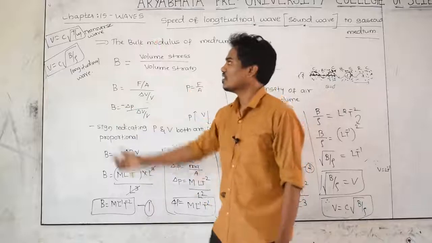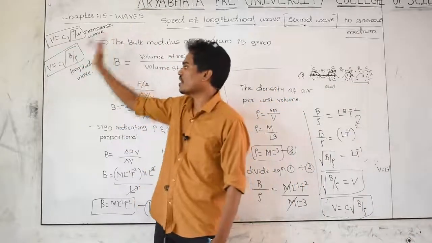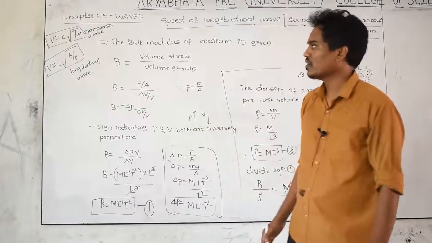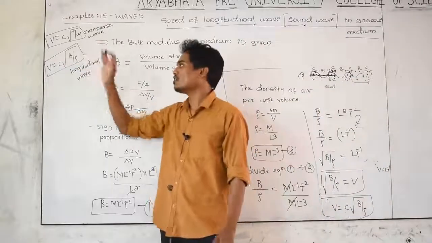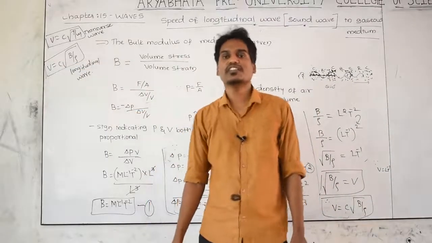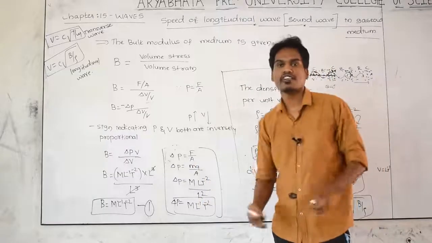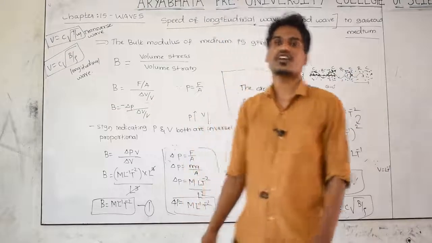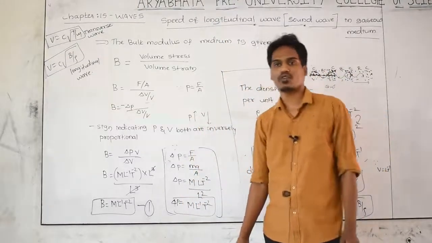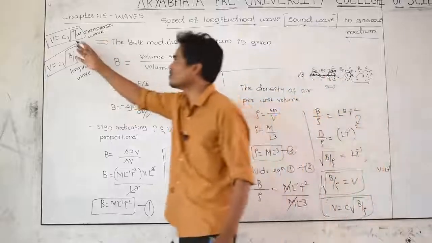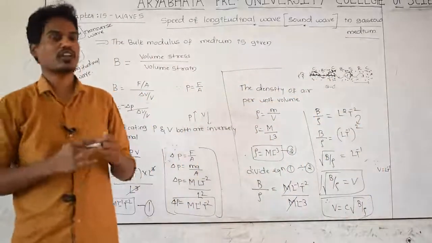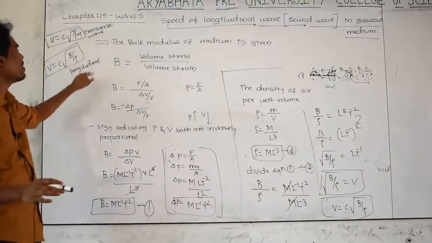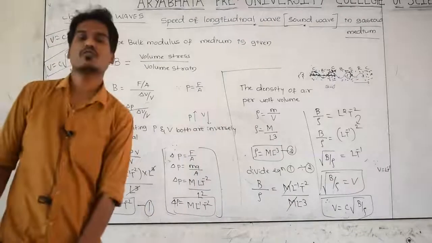And this is the formula for transverse wave, and this is the formula for which wave? Sound wave or longitudinal wave. If the wave is moving in a solid medium, you can take another formula with respect to Young's modulus. Please remember these two, first and second, very important for numericals. For transverse wave, this is the formula in order to find out the speed. For longitudinal wave, this is the formula in order to find out the speed.